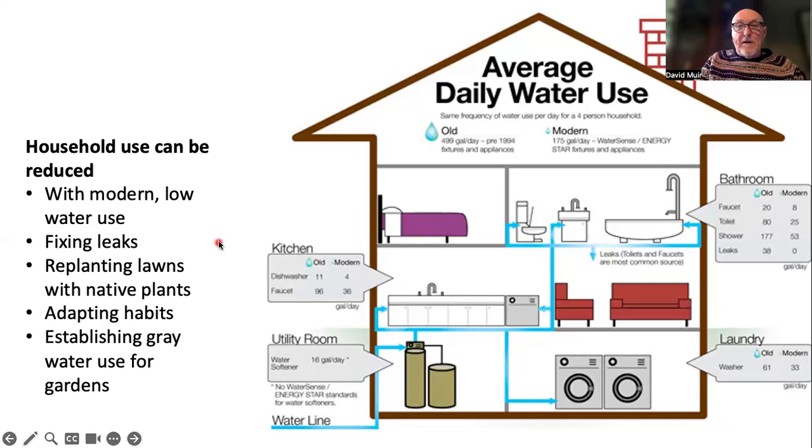But that's not only that. An individual household can improve things by fixing leaks, by getting rid of their lawns, which are a huge drain on water supplies throughout the country, replacing them with water-wise plants, with drought-resistant plants, with native plants, which are adapted to the normal rainfall without having to be irrigated. By changing our own habits,